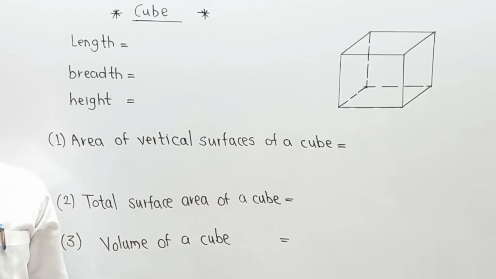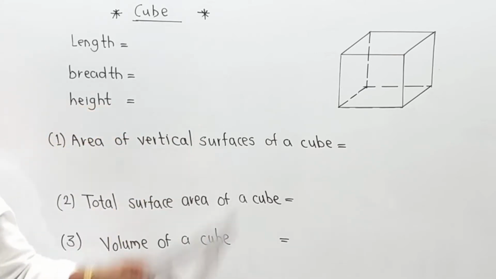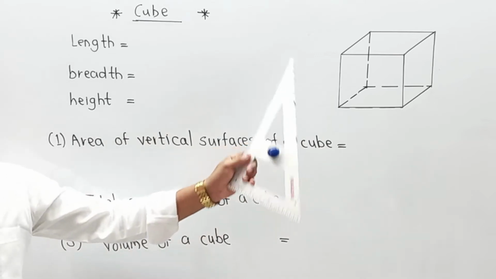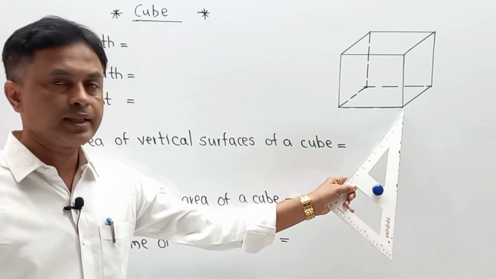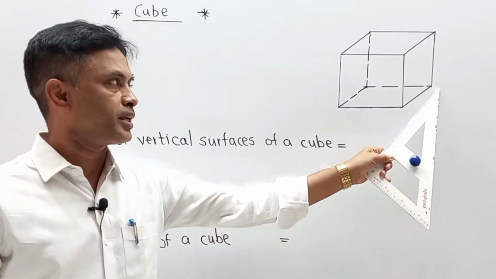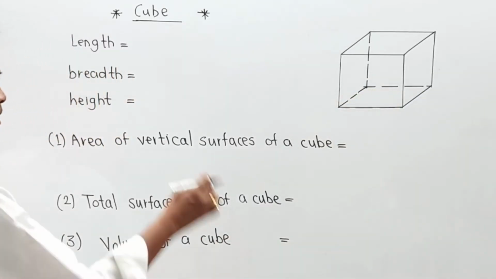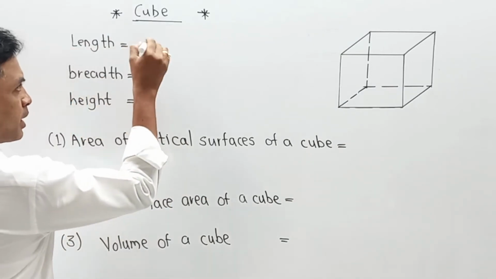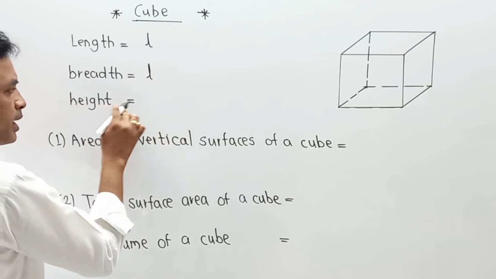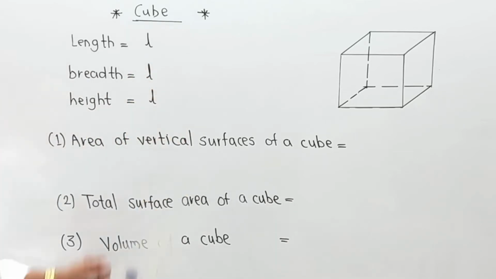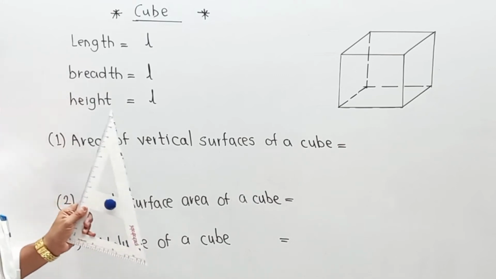Now we are entering the second diagram, and that is nothing but the cube. What exactly does cube mean? Please try to understand. Once again the geometry is the same but there is a slight modification. Let us say in this particular diagram length is also equal to breadth equal to height. In this case I am going to indicate length as L, breadth as L and height as L. So the length of the diagram equals breadth equals height.